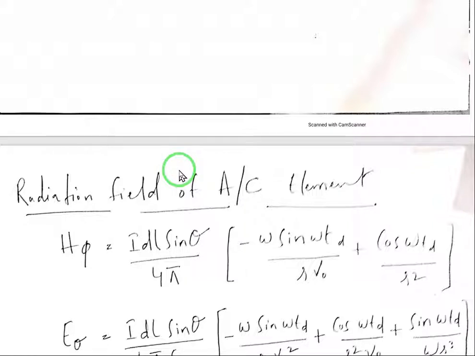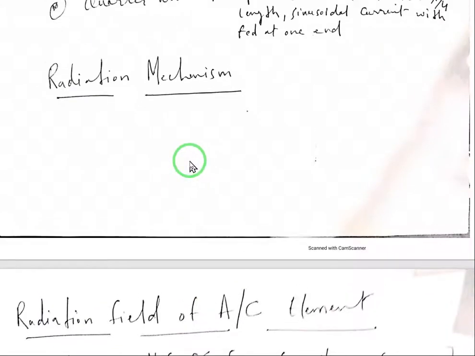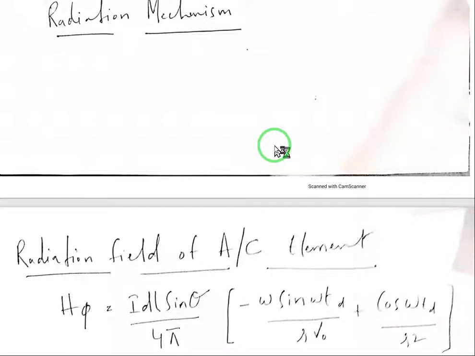So the next is how we are going to practically implement that radiation mechanism through voltage and current. In the last chapter, we have discussed the induction of voltage, in which we have discussed two approaches, heuristic approach and Maxwell equation approach, in which we have, as I remember, derived equations for V and A, and for Maxwell approach,